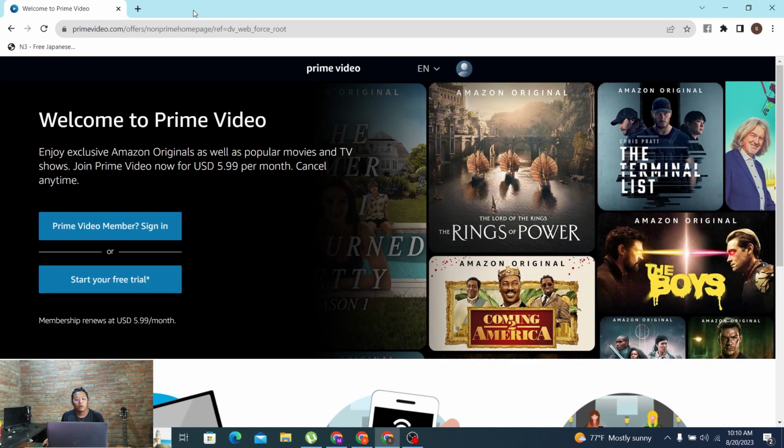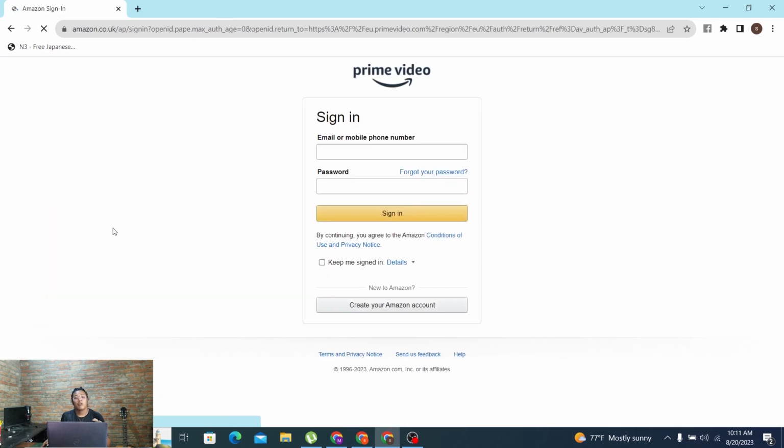Now in order to log into your account, at the left side of the screen you can see the Prime Video member sign in button available for us in blue. In order to log into our account, we'll be required to click on the Prime Video member sign in option over here, and then a login page or login panel like this will open, where you'll be required to